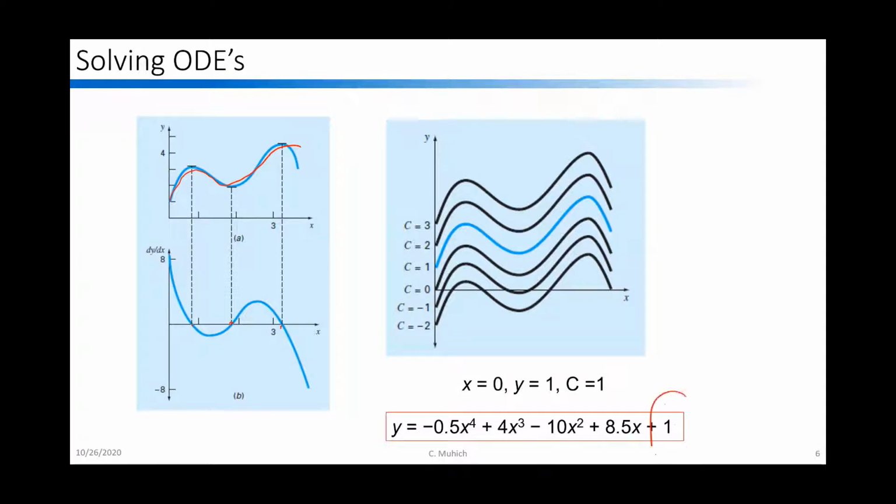And to fit that final C, I need to pick which of these solutions is the correct one. So in essence, we need to know some piece of information at a point that will pick out the correct solution for us, right? If I'm picking one single point, this is going to be an initial value problem because it's going to say, at this point, this is how it changes. Even if I had this piece of information at this point, we're still going to call it an initial value problem, even if I end up going backwards, because all I need is that one point,